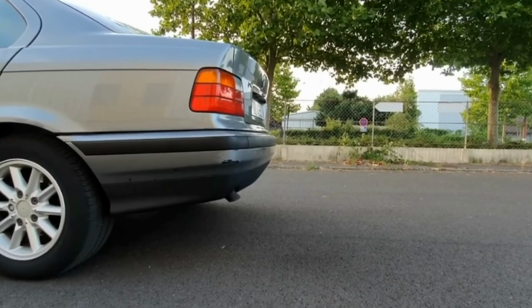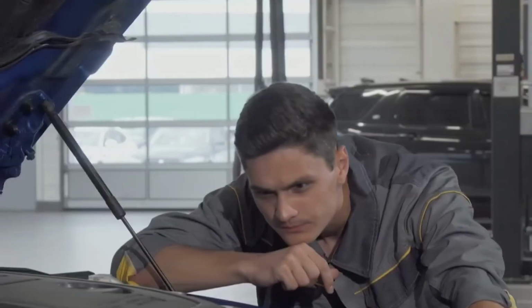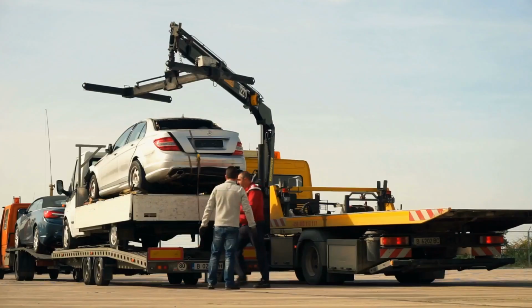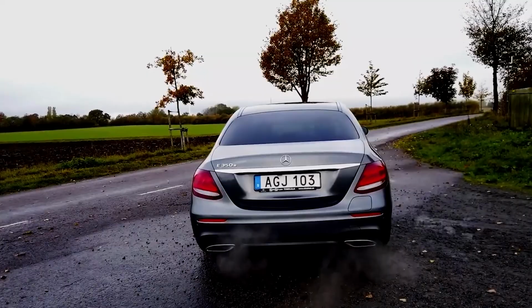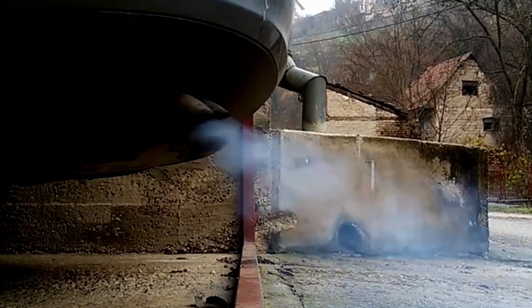If smoke persists, pull over safely and check your temperature and oil pressure gauges. Look underneath for leaks or puddles, check coolant and oil levels if it's safe, and call for a tow if fluids are low or the engine's overheating. Some smoke, like thin white vapor on cold starts, is normal. Persistent colored smoke usually signals an engine or